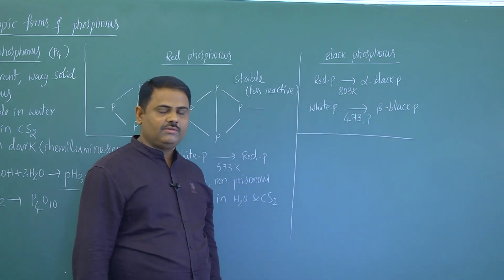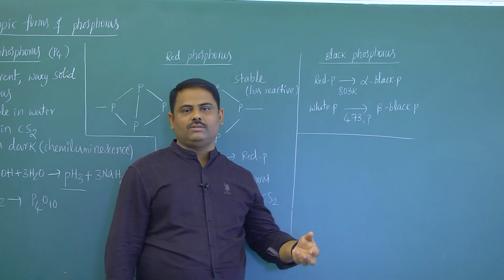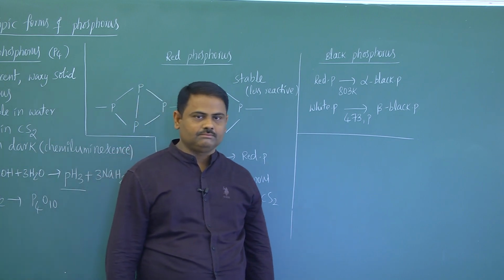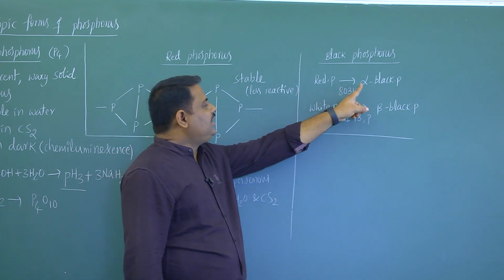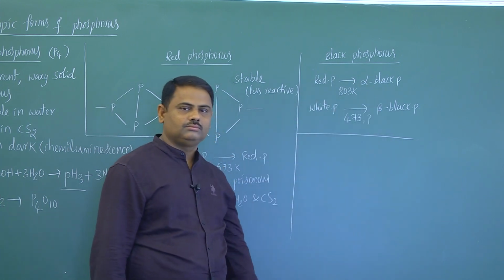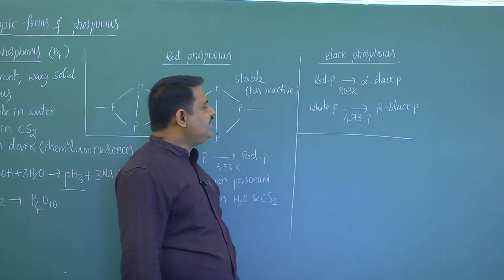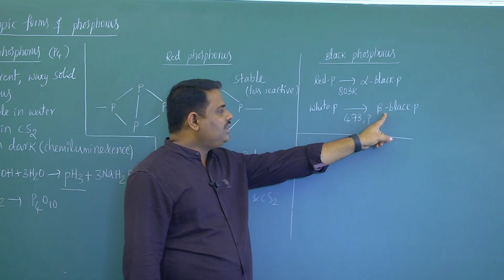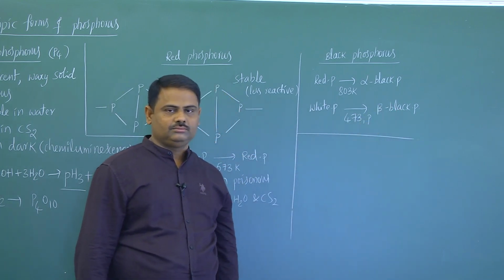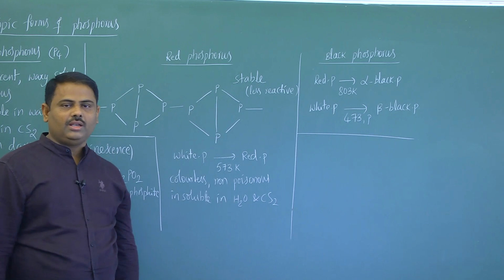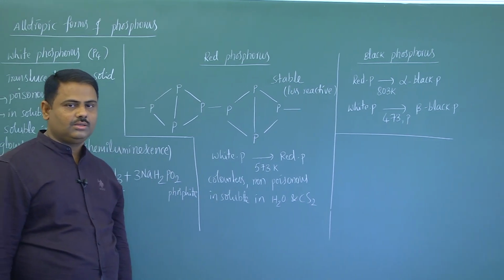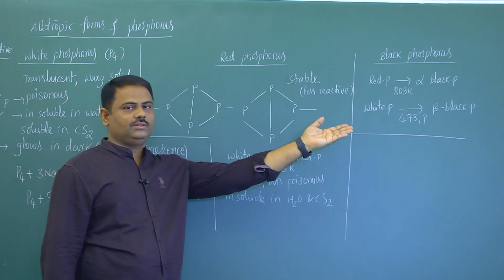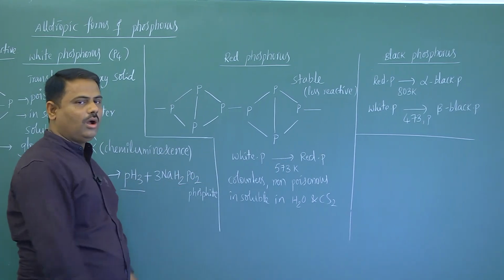Generally, black phosphorus is divided into two. Actually, we have two black phosphorus, that is alpha black and the other one is beta black. Now, in this case, you are getting alpha black phosphorus. By heating white phosphorus at 473 Kelvin temperature and high pressure, we will get beta black phosphorus. Now, here we have mainly three allotropic modifications. Those are white phosphorus, red phosphorus and black phosphorus, and some of the properties of all these three.